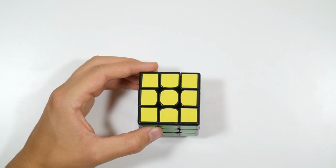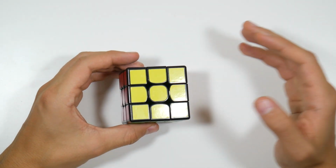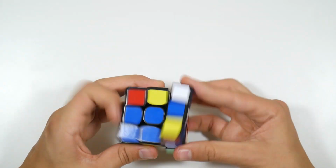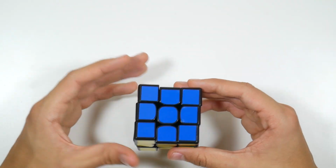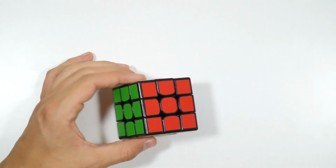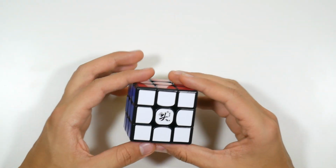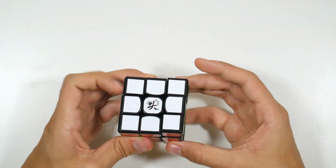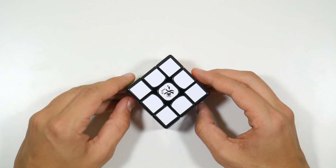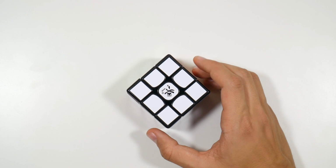It kind of reminds me of how the Weilong GTS V1 was a little unstable. And that's what this cube is. It's usable, no doubt. It's just kind of annoying, and there's things that you don't really want in a flagship puzzle. So it's probably good for a mid-range. It's great for a collector's item. This is my personal one. I'm going to keep it because it's a Dayan ZhanChi, and that's a very iconic puzzle. But in my opinion, I would pay the little extra, go for the Yueshao Pro or basically any other of the flagship puzzles,